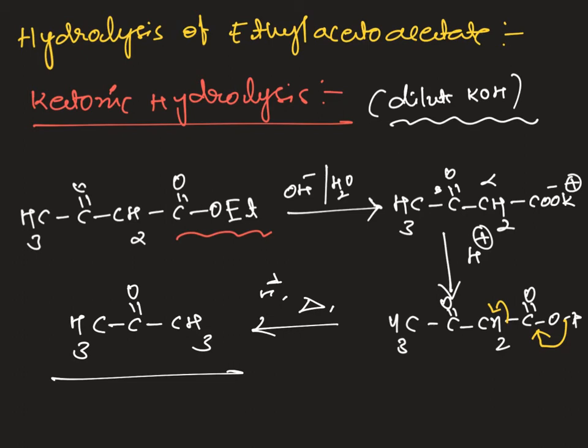Here, if you do any alkylation reaction on this active methylene, as I said in the previous class, if you do alkylation followed by hydrolysis, you will always get a methyl ketone as a product, and that application part we will discuss in the next class. But these two reactions you have to see carefully: when we have to do ketonic hydrolysis, and when we have to do acidic hydrolysis. Next we are moving into the other hydrolysis, acidic hydrolysis.